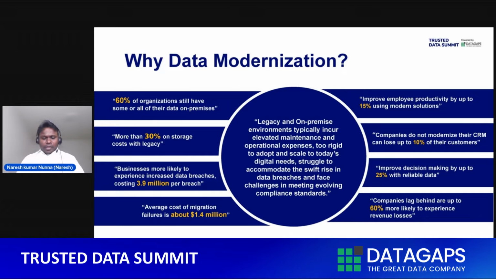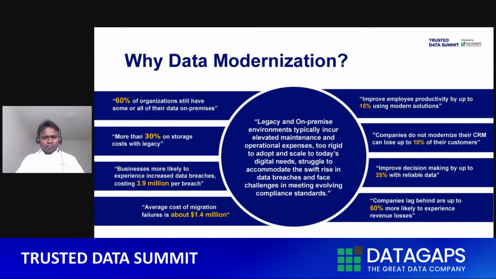So why again modernization, right? We've seen it, we've heard it. These are some of the numbers, right? Those are the facts that analysts have been talking about. While there has been tremendous growth for the last 2 years, with a lot of customers moving into the cloud, public cloud, SaaS clouds,